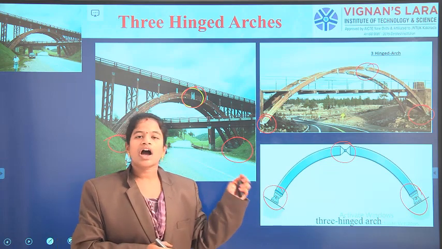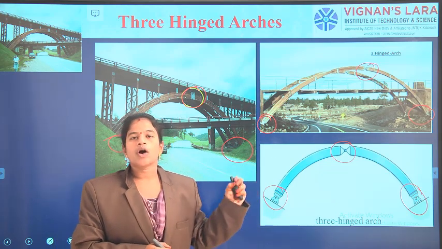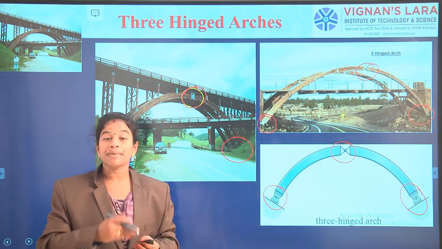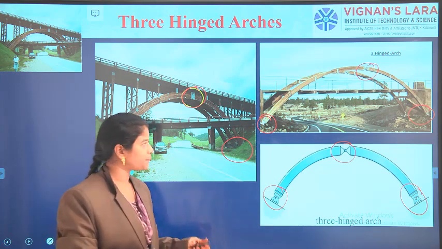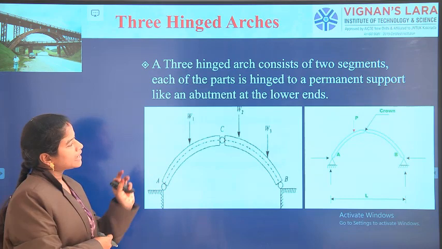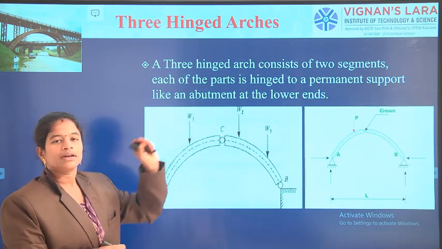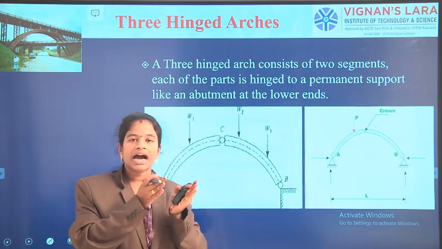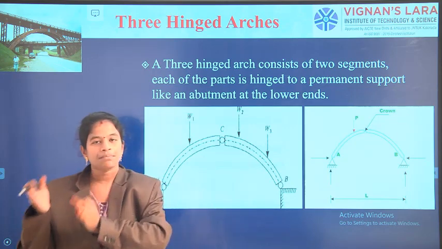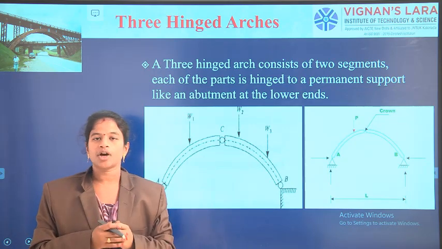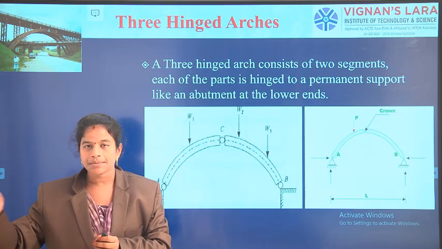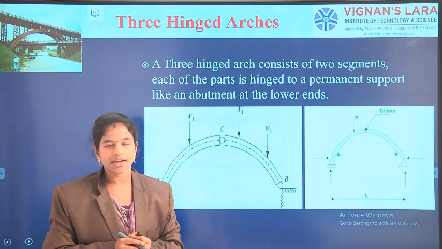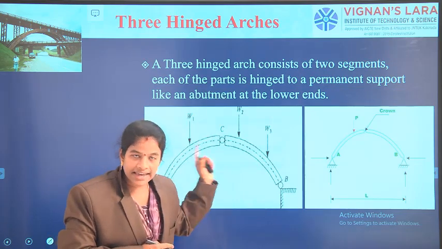Okay, so how this arch, or a 3-hinged arch, is beneficial over a beam condition, that we will come to know. Here I am having an example. Before saying arch is better than beam, I need to take an example of an arch, and now I will compare that with the respective beam which is producing some span. Okay, so I am taking an example.